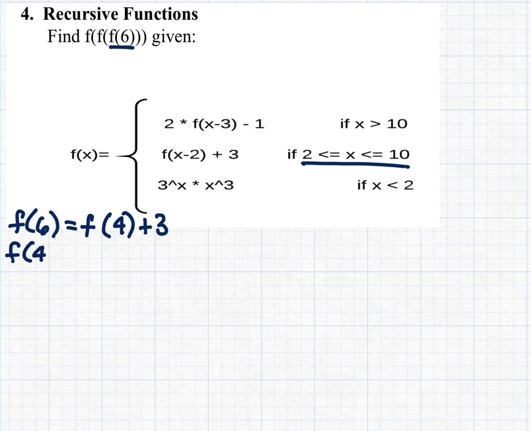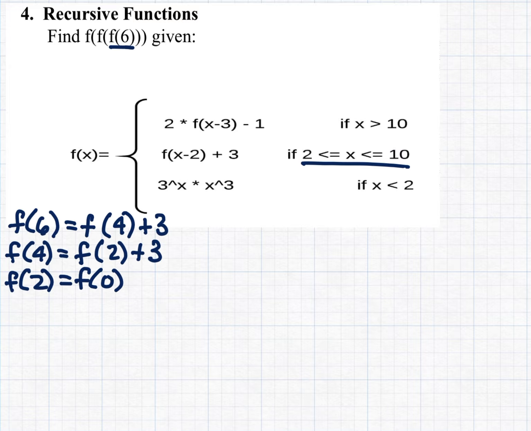And when we solve for f of 4, it is also between 2 and 10, so we're going to get f of 2 plus 3. F of 2 is also between 2 and 10, so we're going to get f of 0 plus 3. And then f of 0 is not